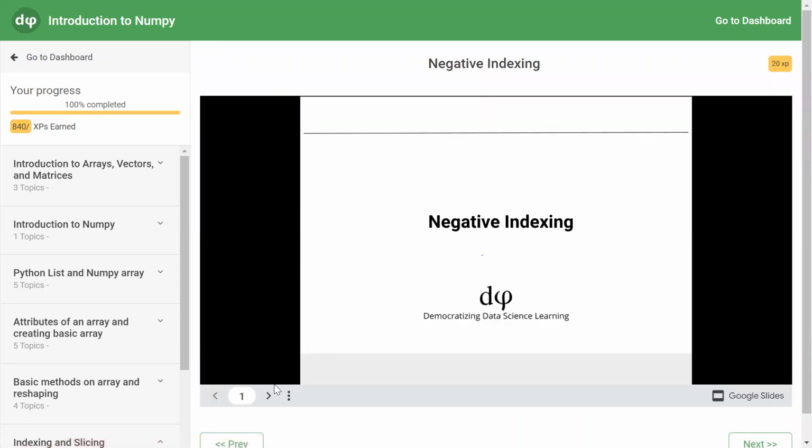Now, here we have to see negative indexing. Negative indexing is different from positive indexing. Positive indexing starts from index 0, whereas negative indexing starts from index -1 in the reverse order. To assess a single element or an interval of elements, we can use negative indexing, but the order will be reversed.